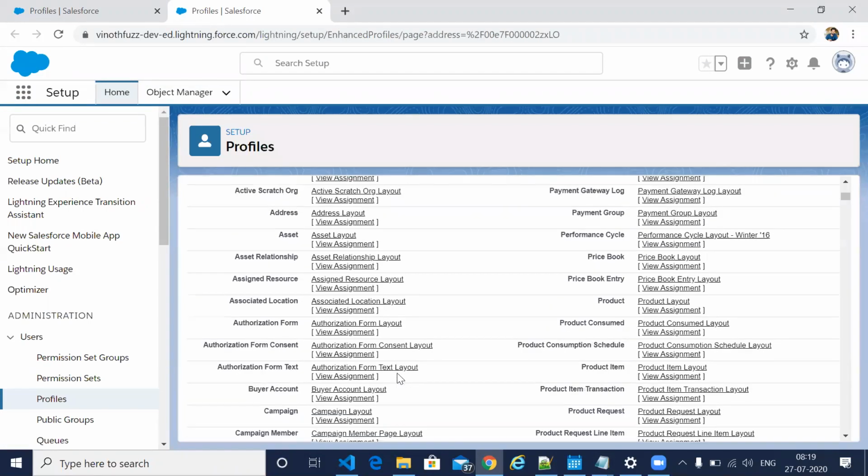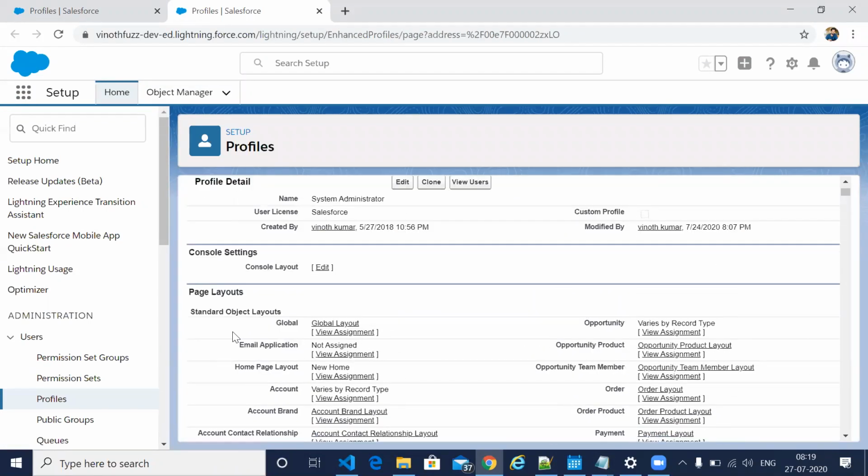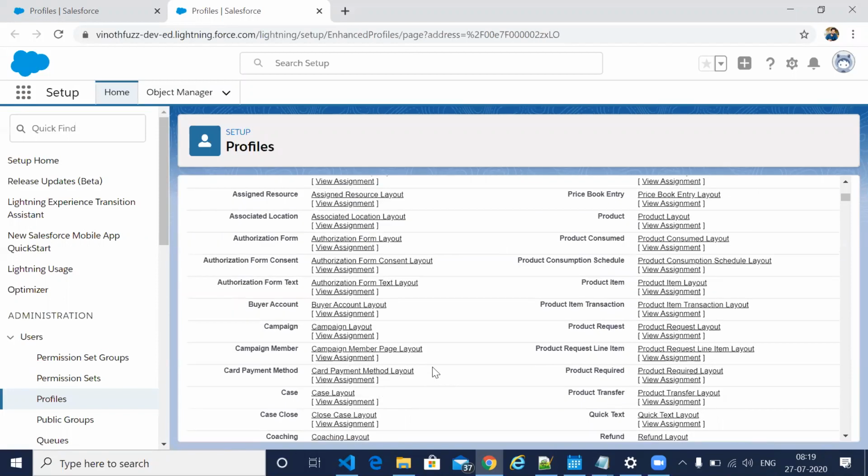Here we have all the settings, like what pages he has access to and everything.